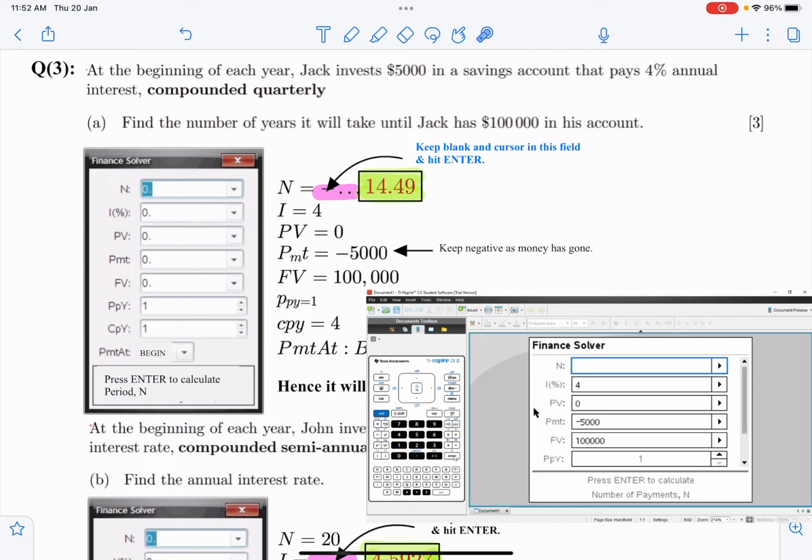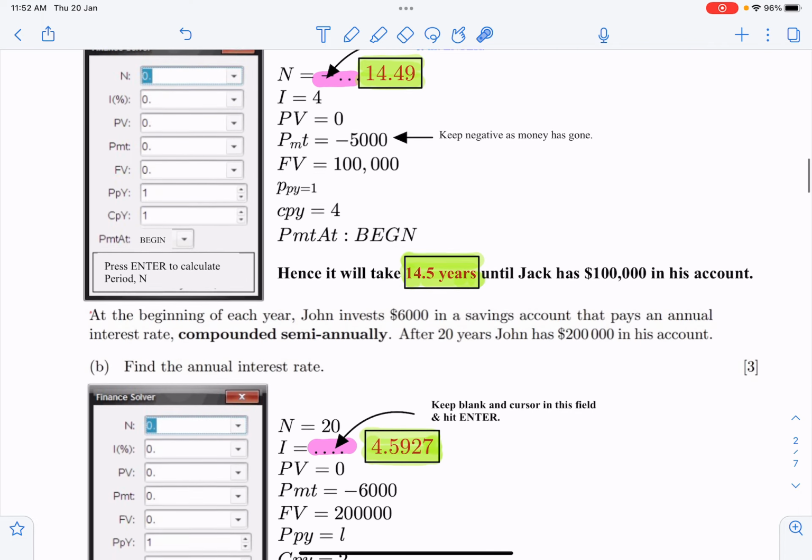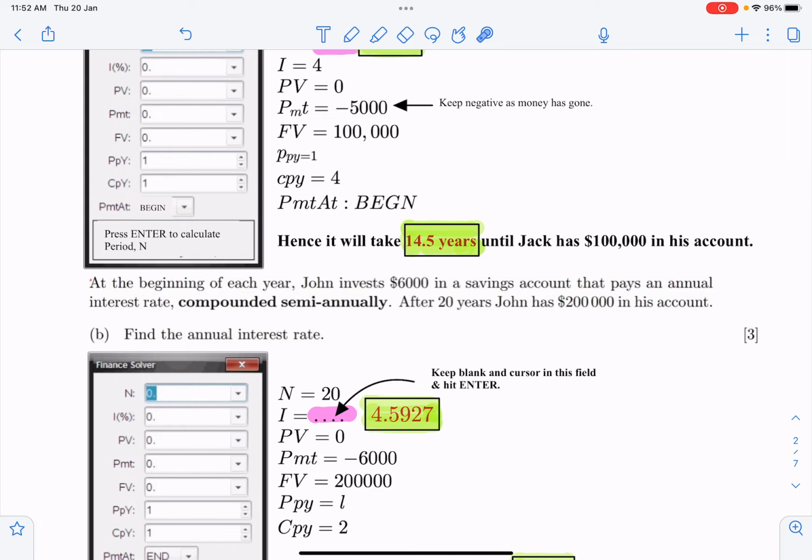Yeah, so the number of years is 14.492839 and so on. So I am going to round it to one decimal place, 14.5 years, until Jack has 100,000 in his account. Okay, now the next part of this question says, at the beginning of each year John invests 6,000 in a